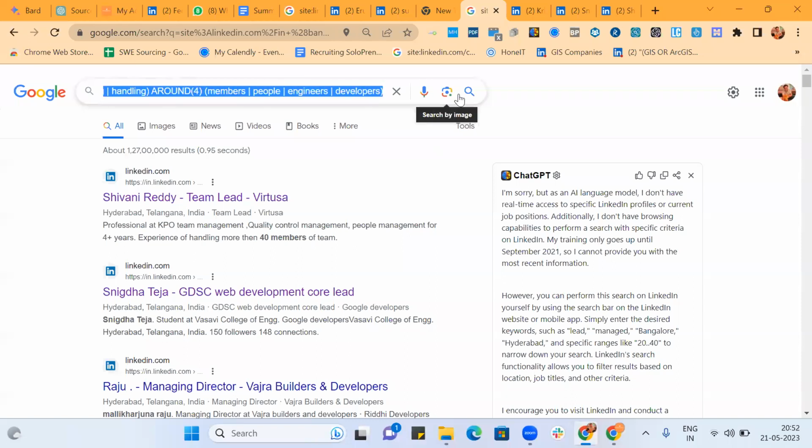Okay. Now let's say Shami sir is asking about the year of experience. So now let's go for a year of experience. In year of experience, we'll use a number range. Let's say 5 dot dot 10. Again, AROUND. So 5 dot dot 10 gives number ranges between 5 and 10. Then around